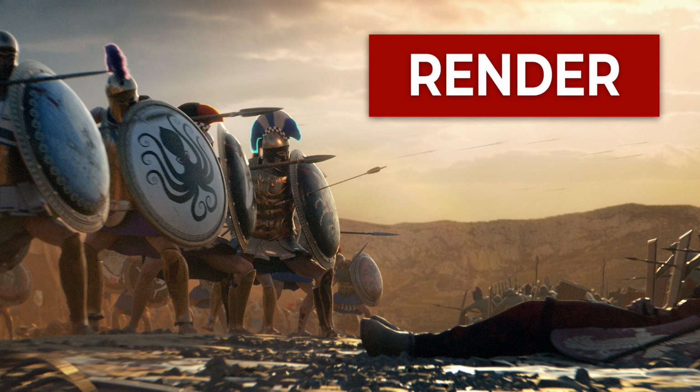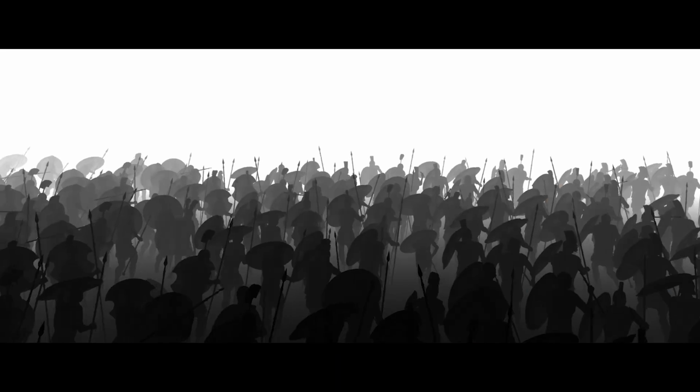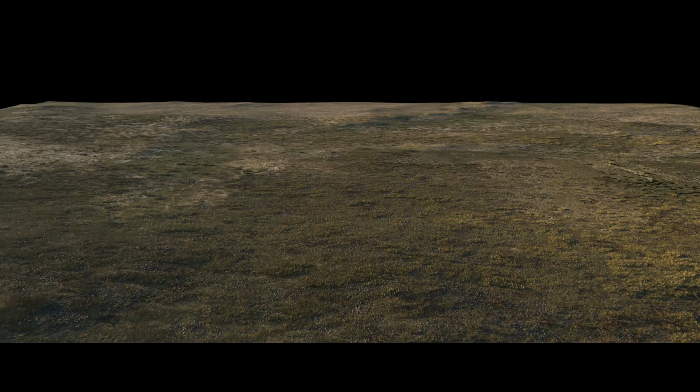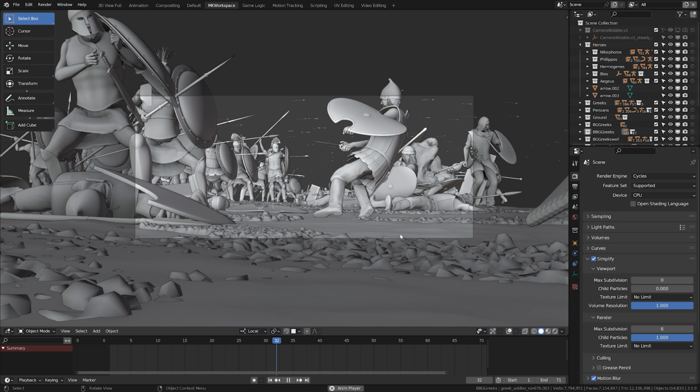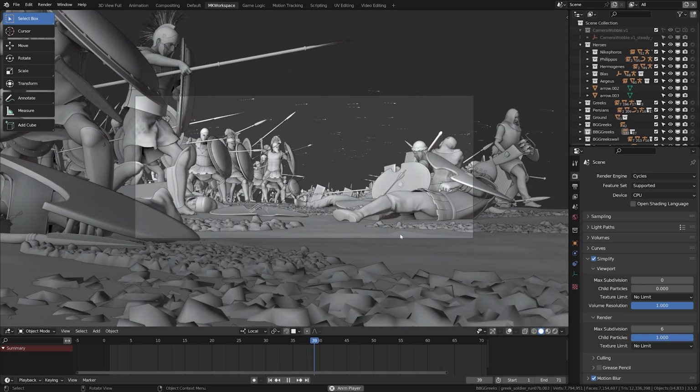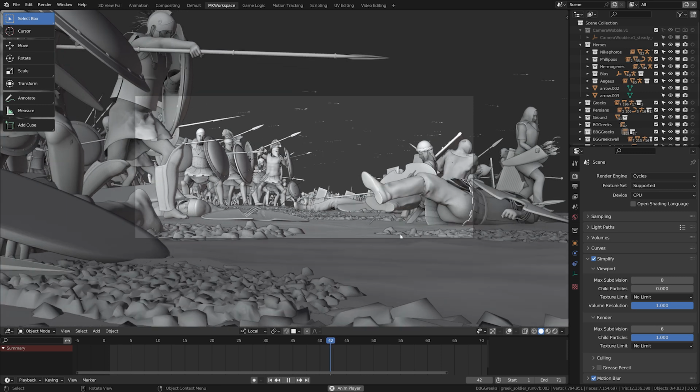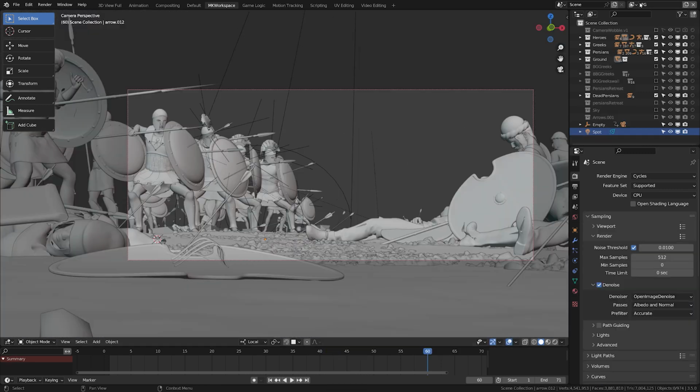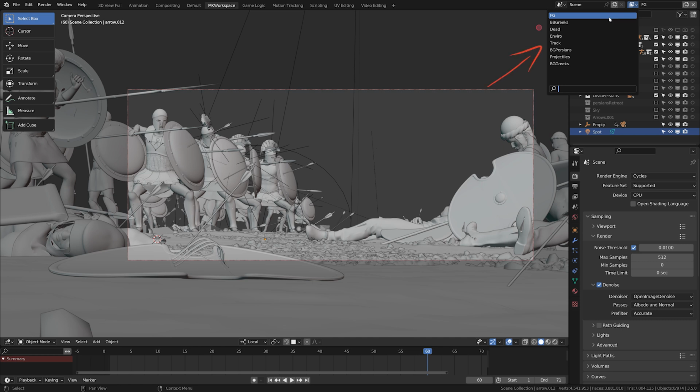Dicing up this shot into layers was key both for handling the scene and then for the rendering. I've showed you previously how big a role render layers played in finalizing the battle chart shot, and in this one it was no different. You can see with most of the layers activated, this blend file could barely move, even with the simplify option on. That's why I really took care to dice it up into foreground, midground and background layers, and I would put all that together later in the compositing stage.